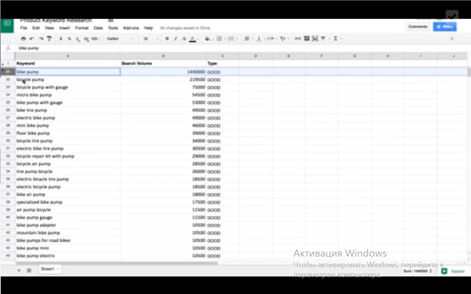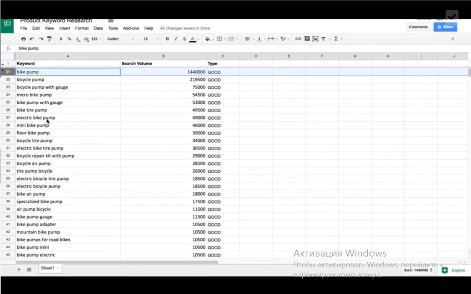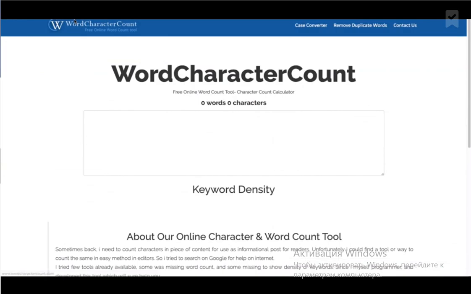Now, Amazon are pretty smart. For instance, if we've used bike pump and we use the word electric somewhere in our title, but not preceding bike pump, Amazon will actually know that that's part of the keyword electric bike pump. But let's get started. There's a really cool online site which helps with this, and it's